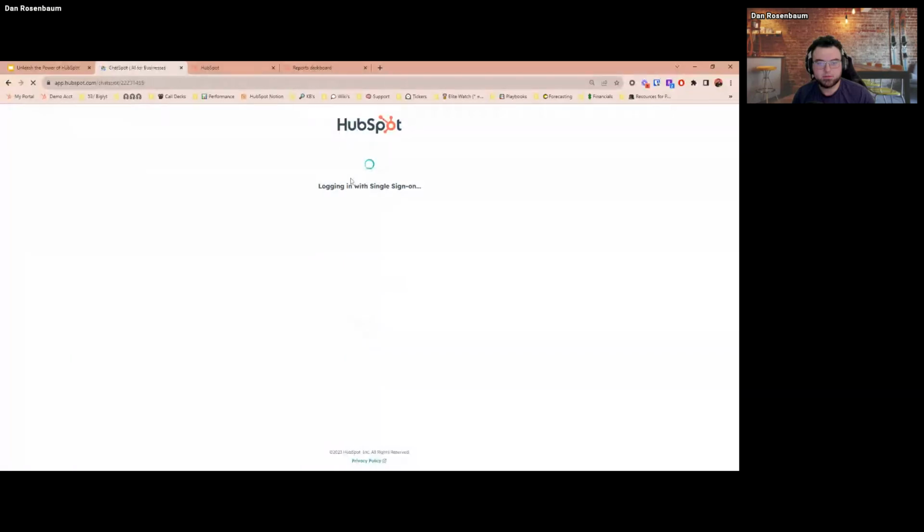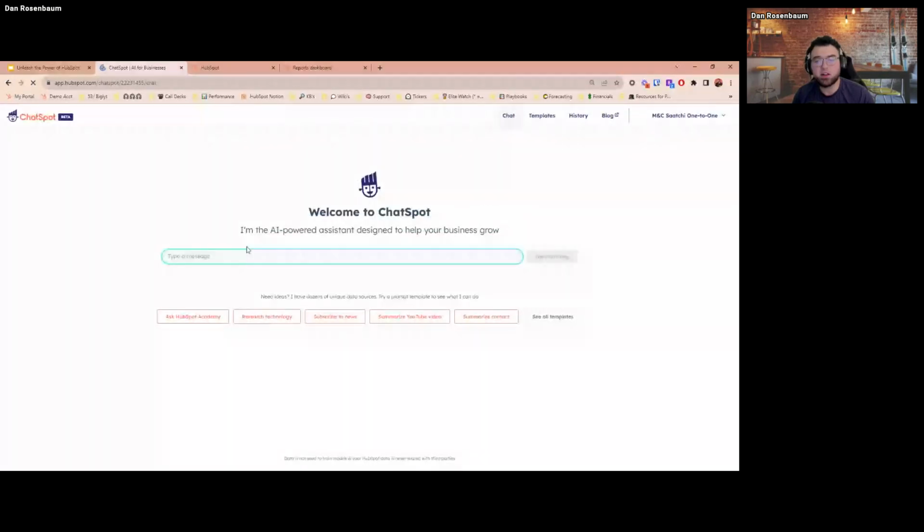And you'll notice too, if you've been using ChatSpot for a little while, the interface just changed recently. So there's a little bit more real estate here, and the templates are up in the top. One of the ways that ChatSpot works is it tries to figure out what you're asking, and then it's got all these different buckets that it tries to format its response in. So if you ask it a question and it doesn't know what bucket to drop that in, it might come back with I don't really know what you were trying to get at.